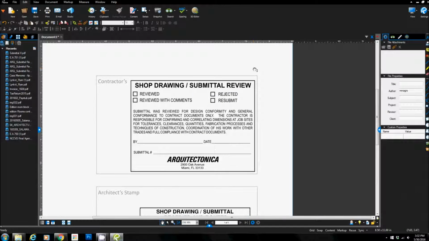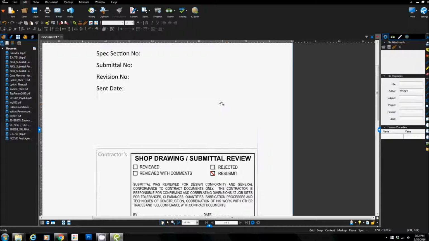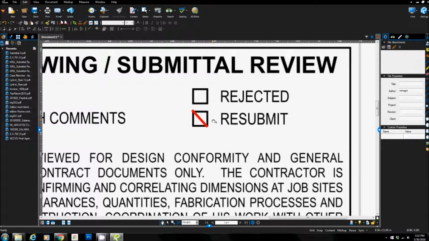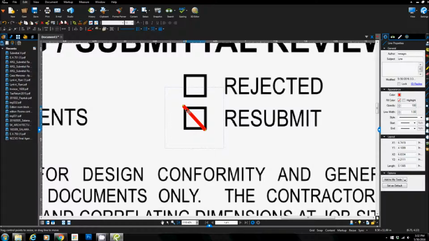Now I'm going to walk you through the steps of how you go about creating your own stamp. First thing that we need is content that we want to show on a stamp, right? Something that we want that's going to be repeated over and over again. For the purposes of this video, I'm just going to draw a simple X that I use on my submittal stamps. So the first thing I do is I use the line tool to create an X that's the proper